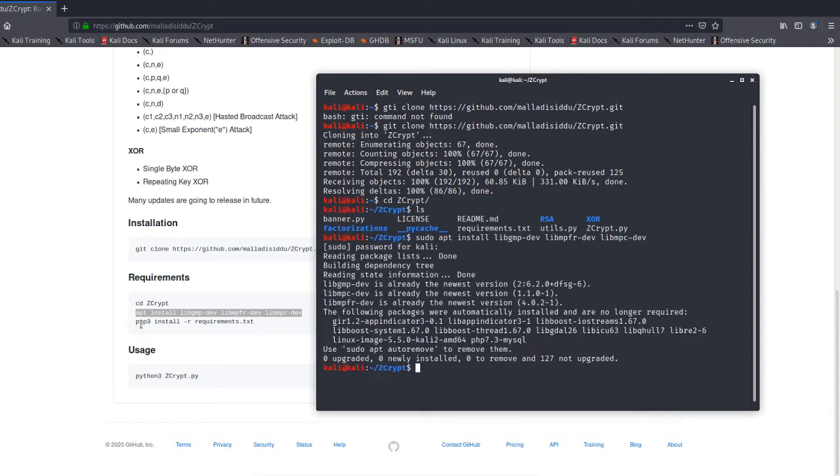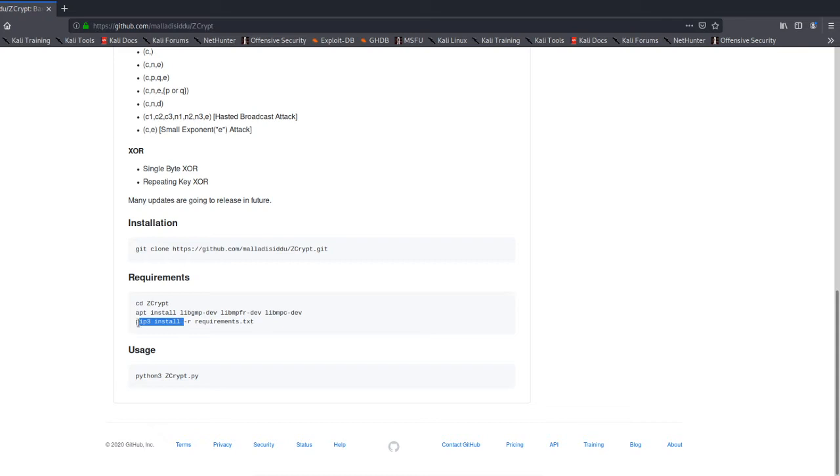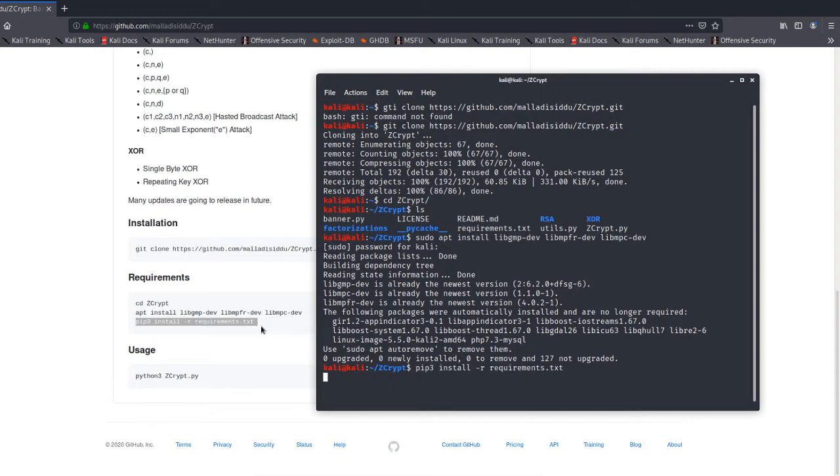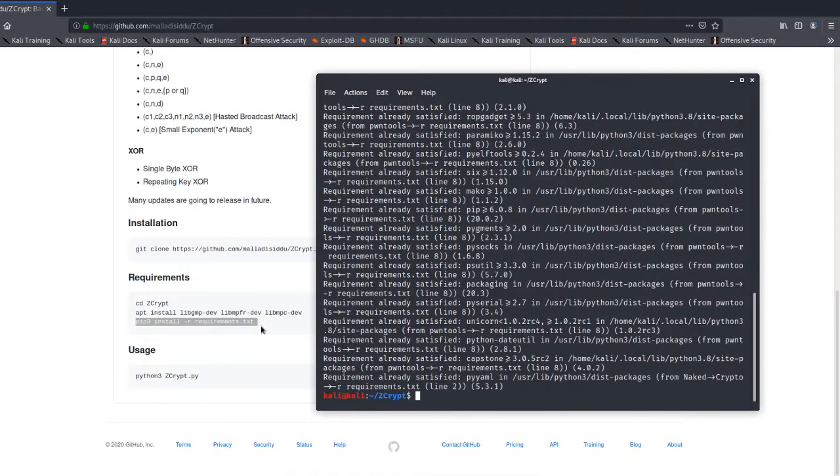The requirements basically consist of PyCrypto, gmpy2 and all sorts of pwntools, etc. Let's see how it runs using python3 Zcrypt.